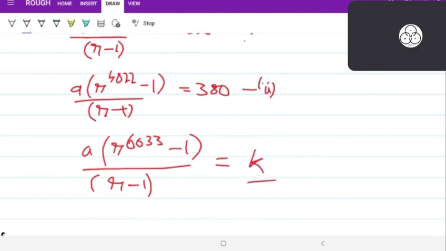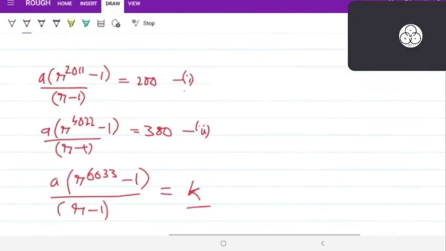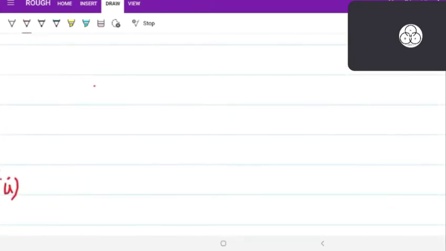This is some k. We need to find out the value of k. These are the three equations. I'm giving the steps. First step, divide equation 1 by equation 2